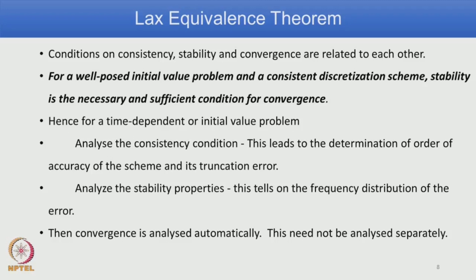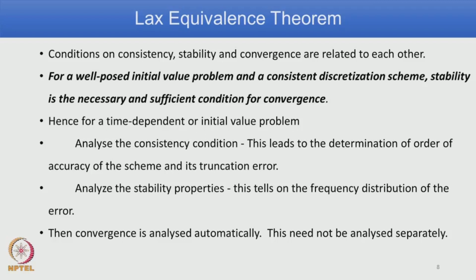When you are analyzing consistency, this leads to the determination of the order of the scheme as well as the truncation error. Similarly, when you analyze the stability, this tells about the frequency distribution of the error. So, if these two are analyzed properly, then convergence need not be checked and it is automatically satisfied